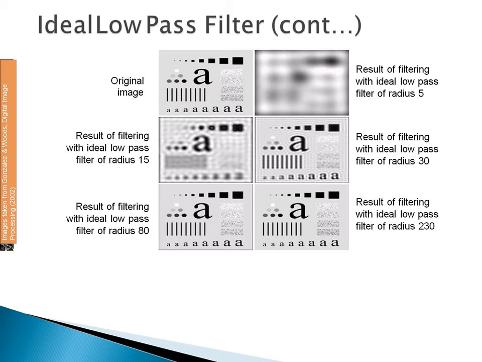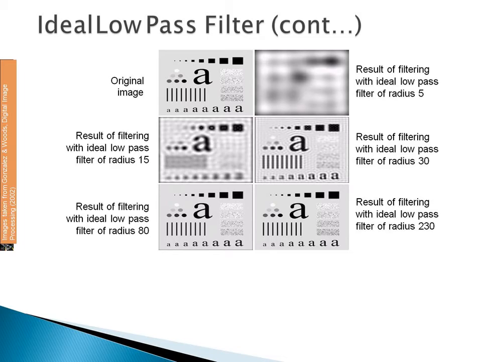In this case there is blurring, so all the details in the image have become blurred. This particular picture is not very helpful. But as the radius increases, you can see that less and less power is removed, which results in less blurring. That can be seen in C, D and E.